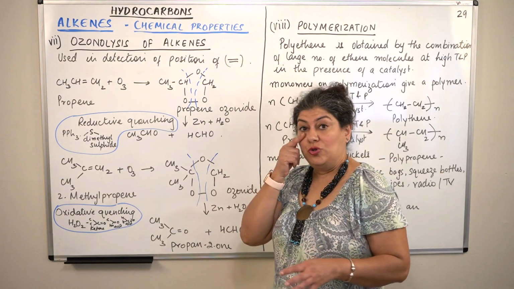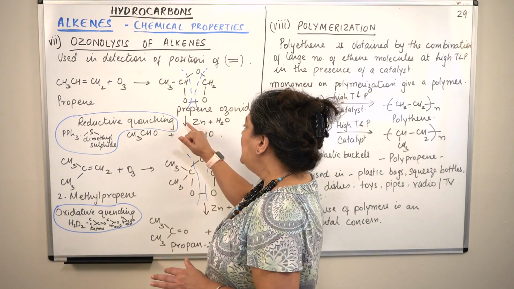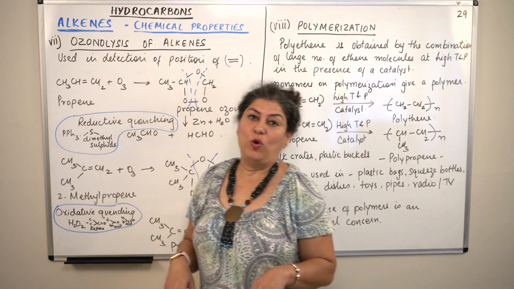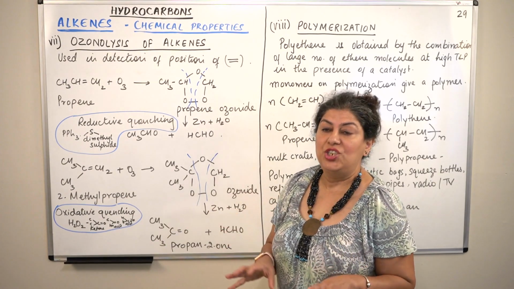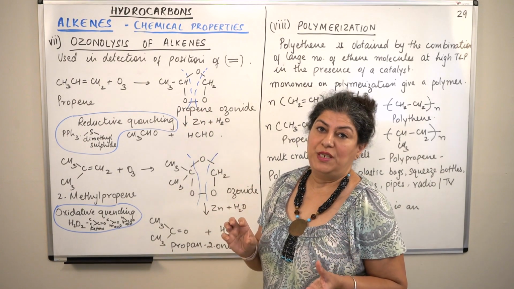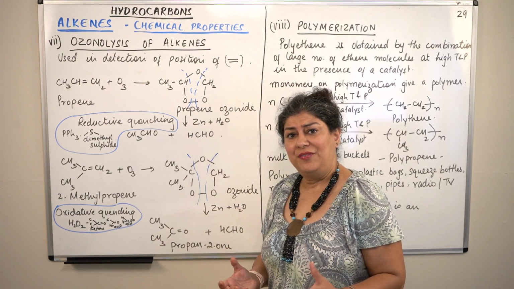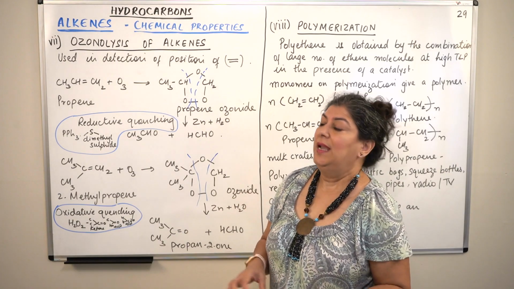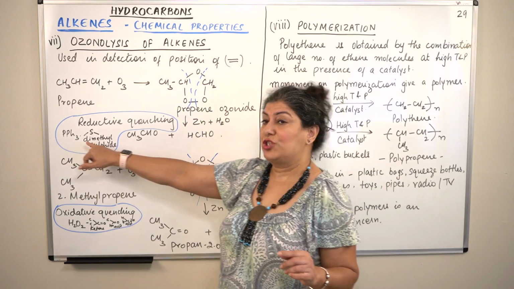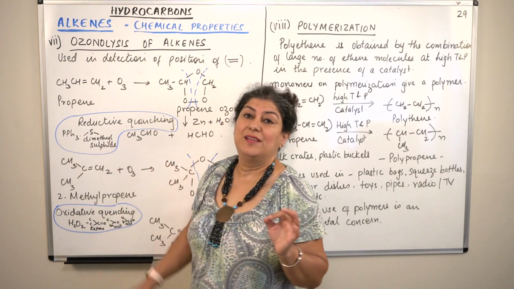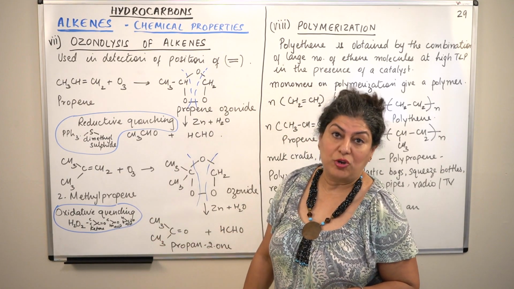So this was ozonolysis. Now the little additional information that I wanted to throw in. This second step that you see with zinc and water actually is reductive quenching. You're carrying out the quenching of the intermediate, that is the ozonide that is formed. Quenching can be reductive, it can be oxidative too. Reductive quenching is done with zinc and water. It can also be done with phosphine, and with dimethyl sulfide. And oxidative quenching can be done with hydrogen peroxide.